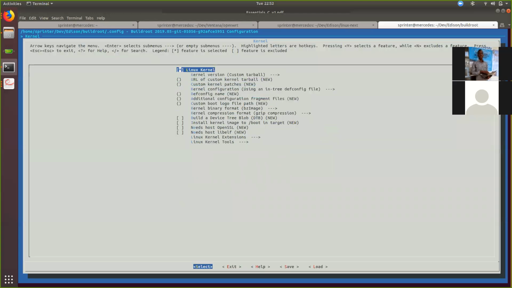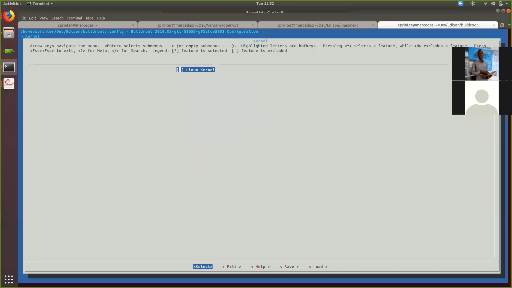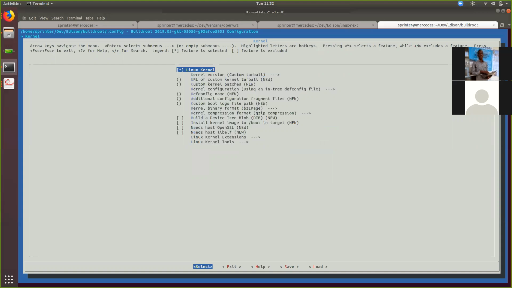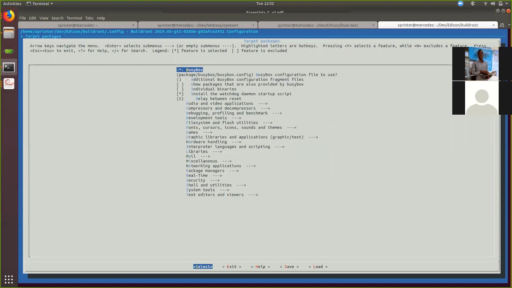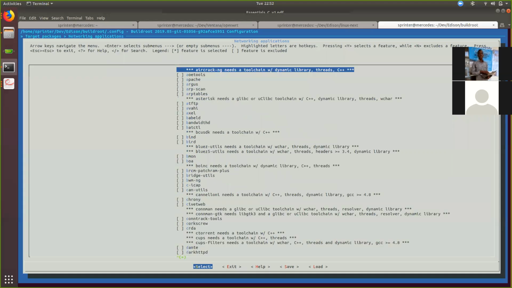So, but now we are there, and I told you use Y to activate and N to deactivate. So, okay. Then I want you to look at target packages. Target packages are for when you are installing things. For example, if you come to network applications there,